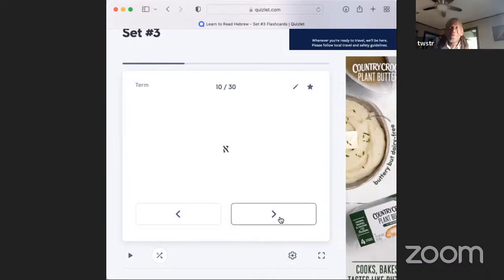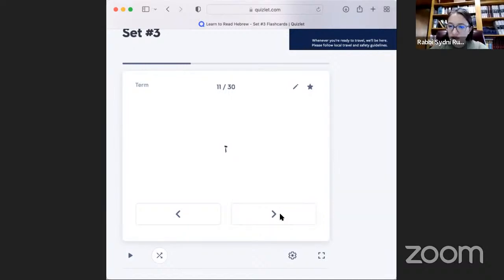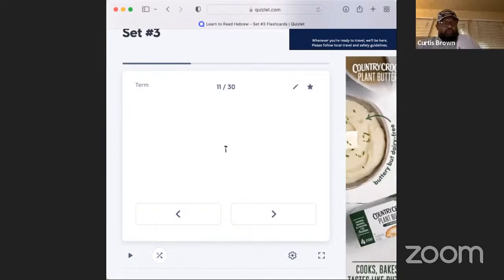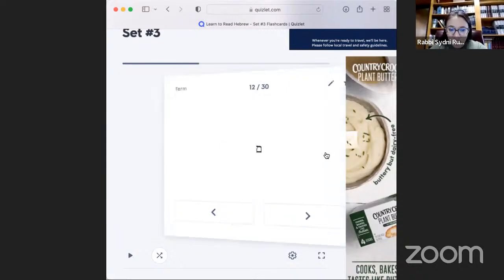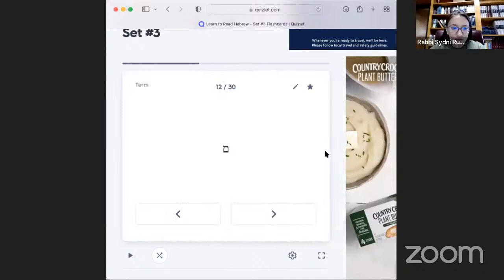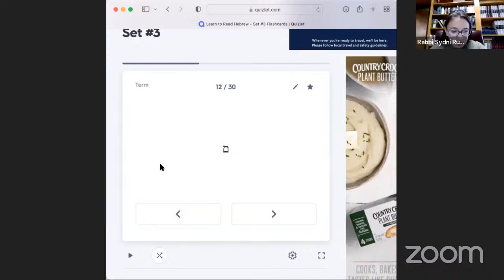That's an aleph. There we go. An aleph. That would be, is that a Zayin? That is a Zayin. Yeah. That's a mem. Nice. And I found the PowerPoint. So great. That is a final mem, a mem sofit.